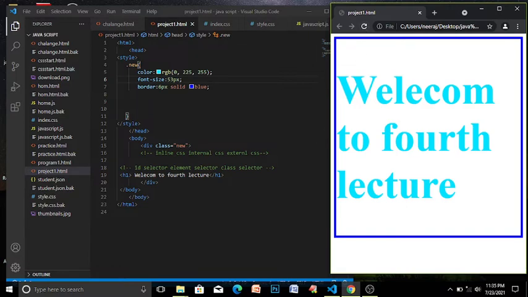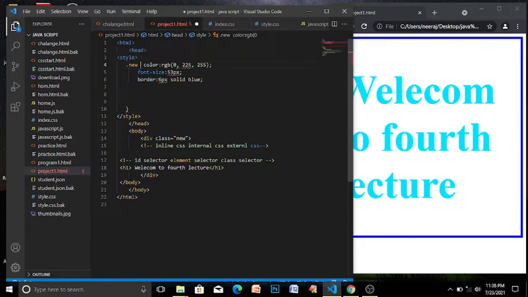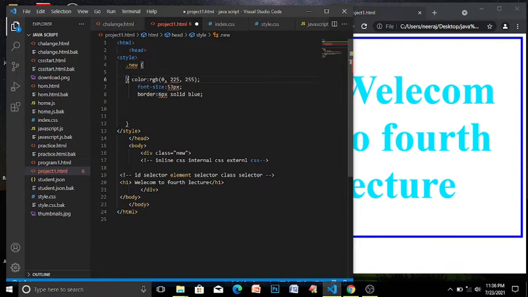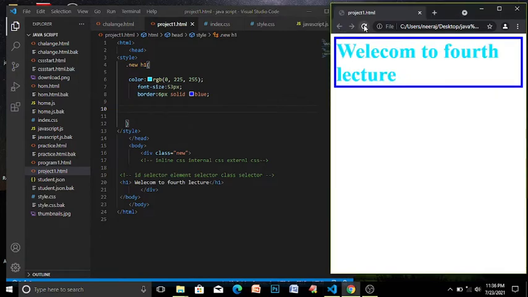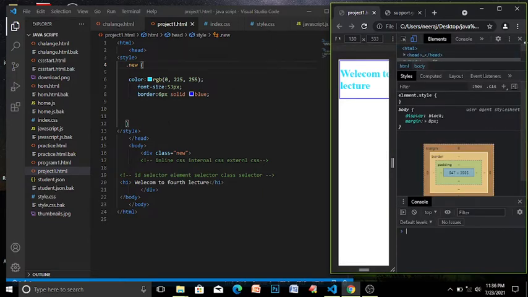But we make a class to access everything. We can access this h1 tag in another way. Like if we write new and then the name of the element, which was h1, there will be no effect on your program when you apply this. Hit save and refresh. You can see it's the same as it was. It's h1, only its size has changed. So we have seen the class selector.